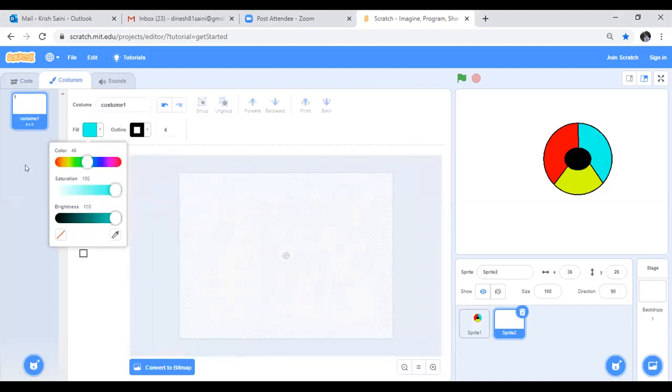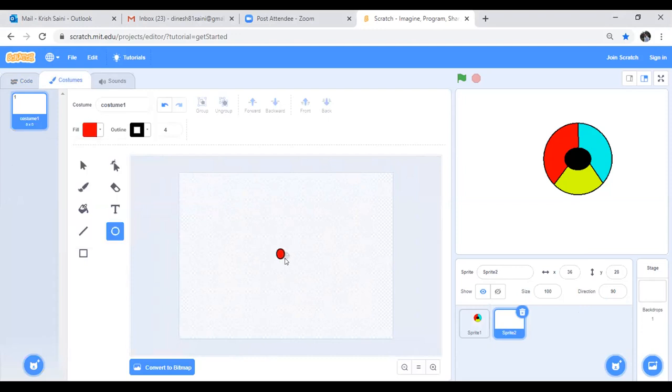We are going to catch dots. So a small one. No, this is very small. Can you make it slightly bigger? Sir, this much? Yeah, this is good.